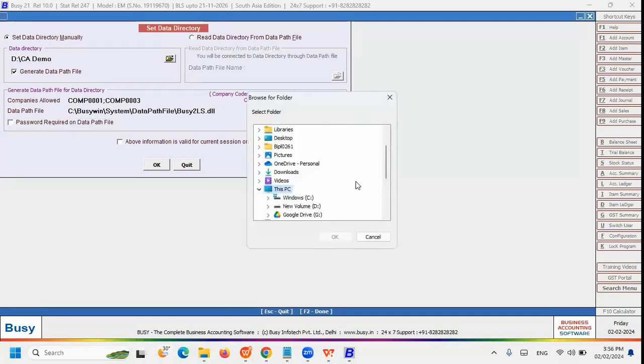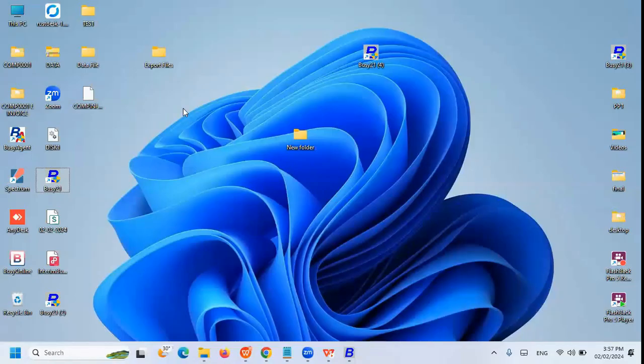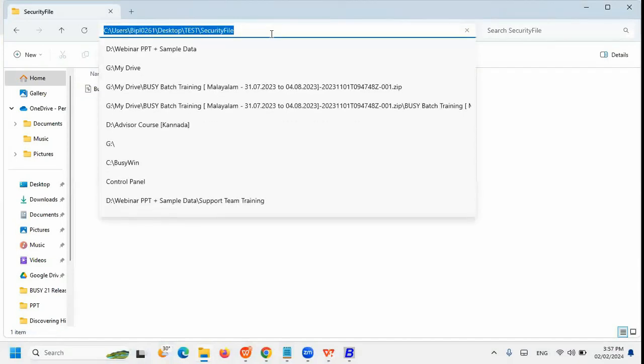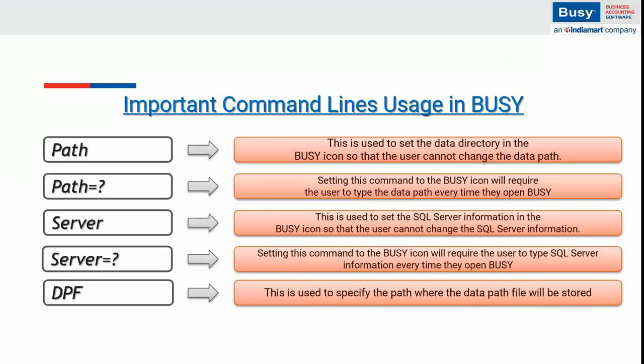So now let me generate a security file on my desktop under that test folder. This is my destination folder. So now the security file has been generated in my test folder. So this will be the security file. Now what I can do, I can copy the security file path and again come to my Busy icon, and